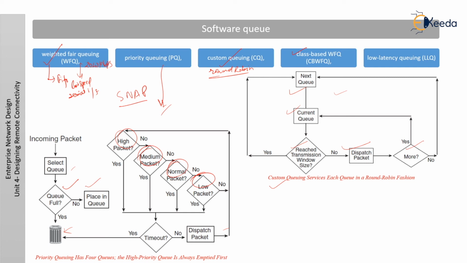With class-based weighted fair queuing, traffic classes are defined based on match criteria, including protocol, access control list, and input interfaces. Packets that satisfy the match criteria for a class constitute the traffic for the class. A queue is reserved for each class, and traffic that belongs to the class is dedicated to the queue for the class. After a class has been defined according to match criteria, you can assign its characteristics, including bandwidth, weight, and the maximum queue packet limit.